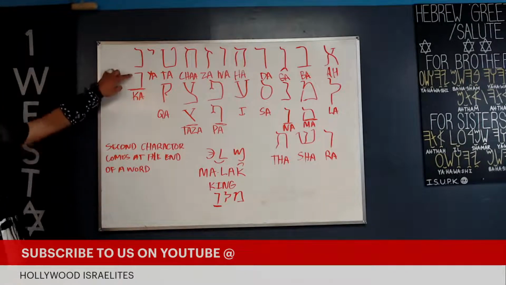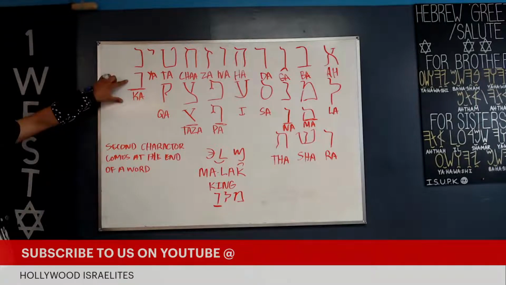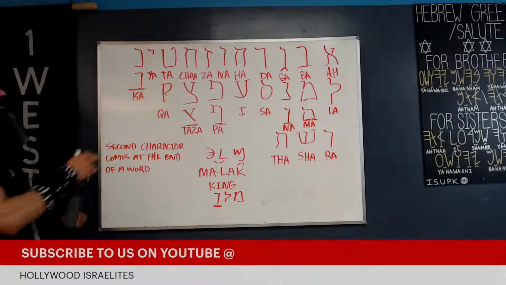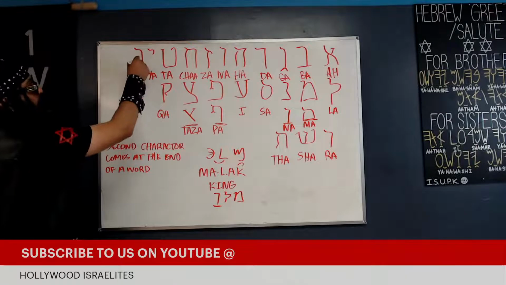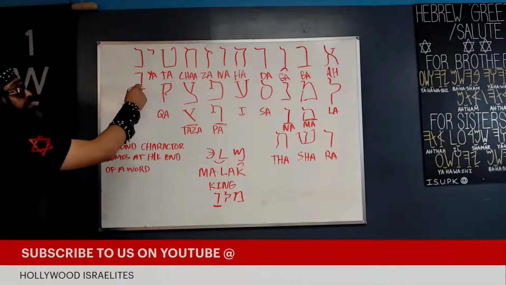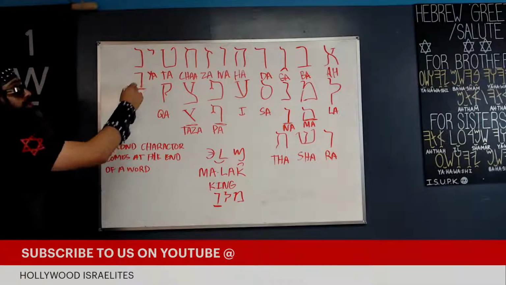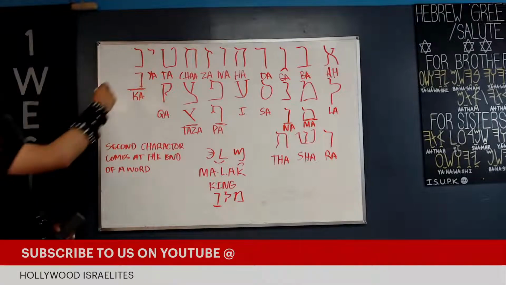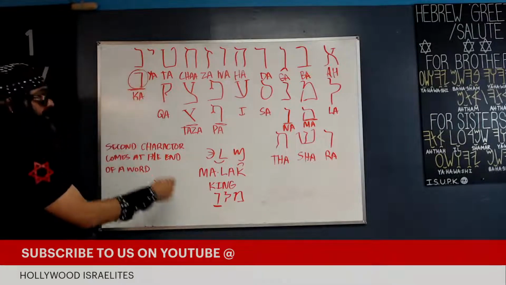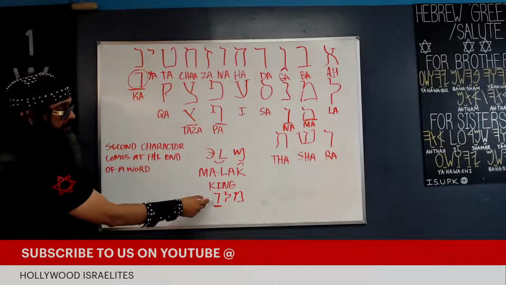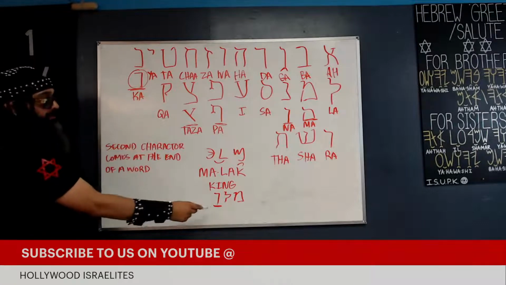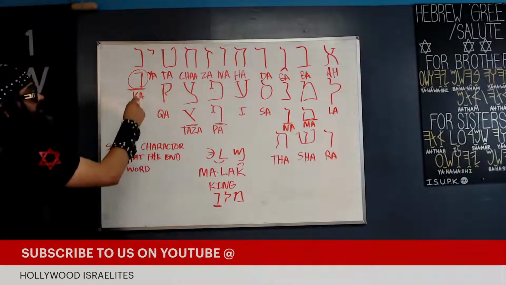Yeah, on that second character, is that the same one? Yeah, it's the same one. But this one at the end of a word, this is the one you use. This one right here, when it falls at the end of a word, like right here, malak, the ka, it falls at the end of a word. If it was